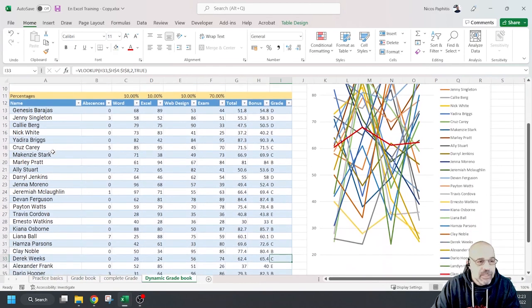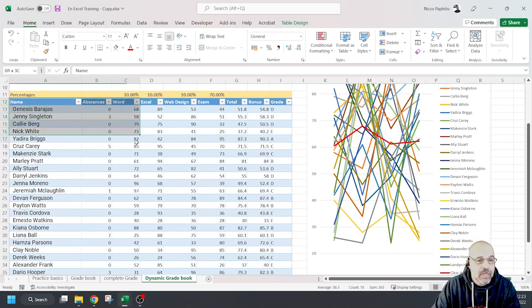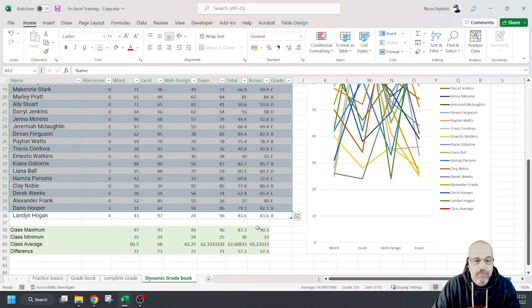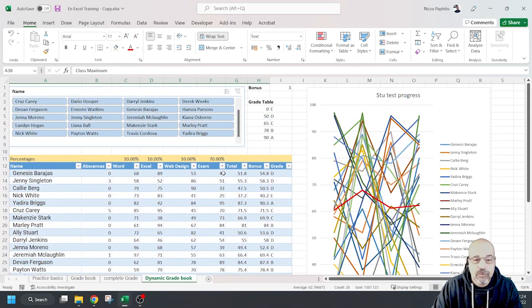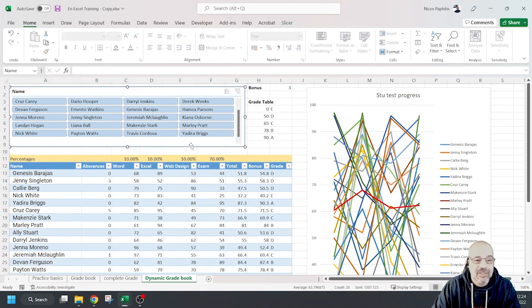So what do we have? We still got our table here, which has all the same information as we had before. We still got our class totals, averages, maximum, minimum at the bottom. But what we do see different right now is this. We've got this thing here called a slicer. And this is absolutely fantastic because what I can do, I can now select